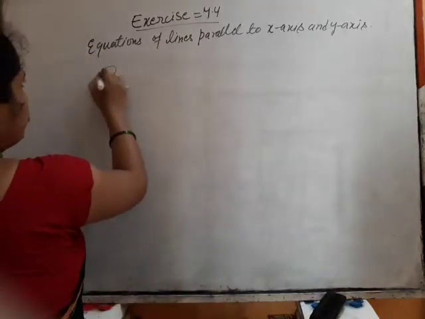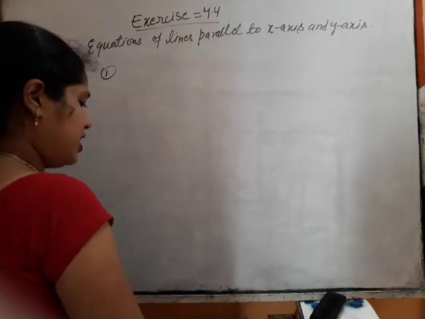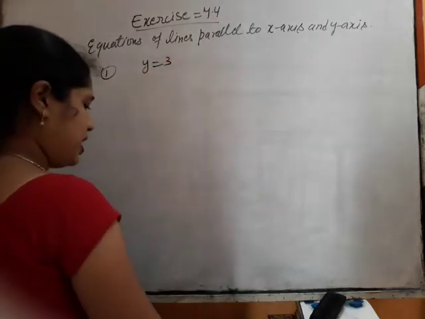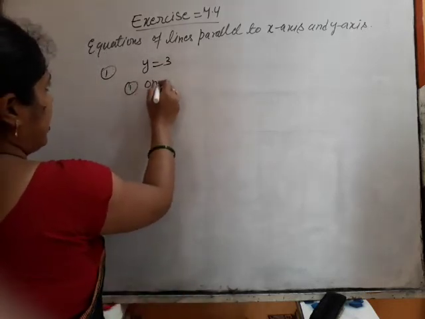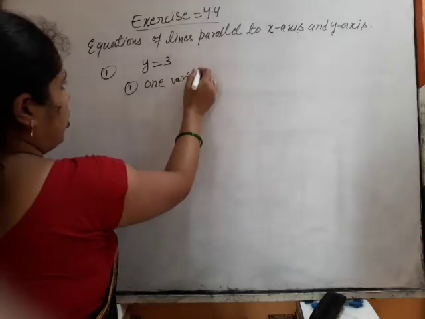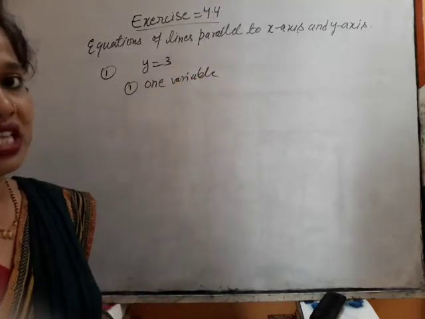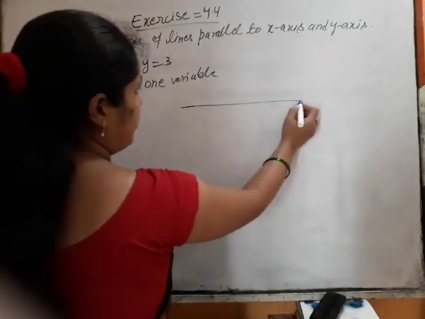Exercise 4.4, question number 1. Give the geometrical representation of y equals 3 as an equation in one variable. First part is as an equation in one variable. If this is an equation in one variable, it will have a unique solution. So how will it be represented